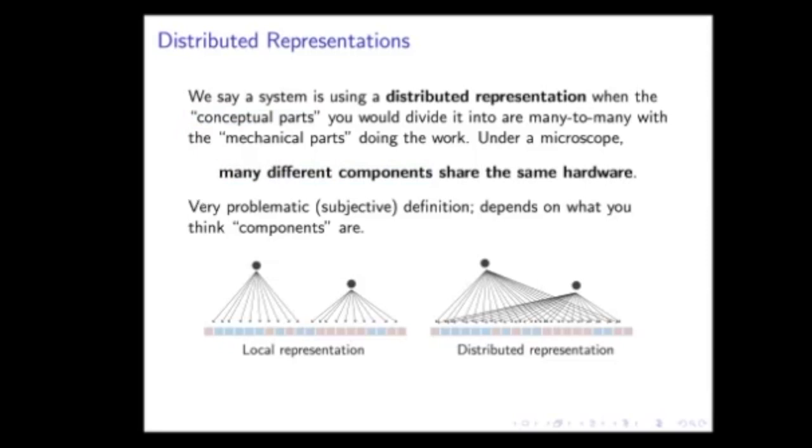And here's the image I have, going back to this example of storing 2 points. I would say that the thing we do on a computer, using some bits to store the first point and some bits to store the second, that's a local representation. And this weird thing of summing together coarse codes, or making a coarse code whose micro features are features of 2 points simultaneously, this is a distributed representation.